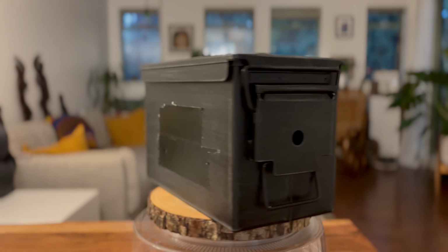So I have an ammo can, and for this particular one, I'm hoping to turn it into something special, something